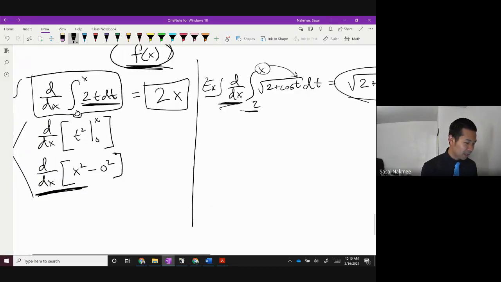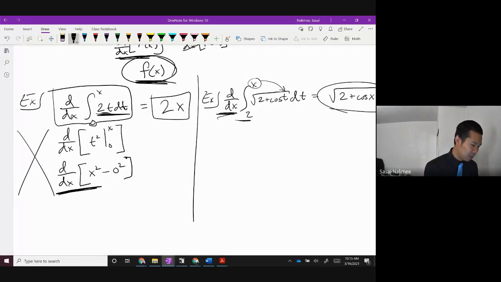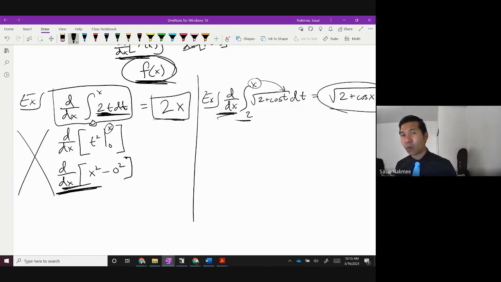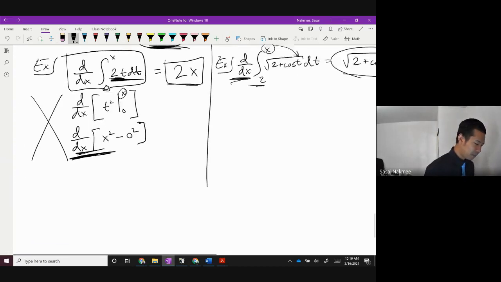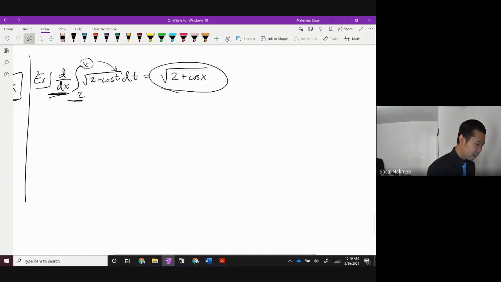What am I saying? So this guy right here is 2t. I end up with t squared. I have to plug in that x value, and then I take the derivative of that with respect to x. I just end up back here at 2t, but with it evaluated at x. If the integral doesn't have just x by itself, but it has x squared, let's say. So let's do one quick problem here. Let's say I have d dx, the integral from 5 to x of